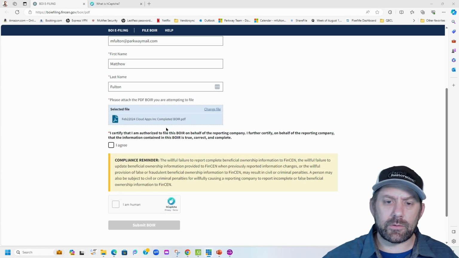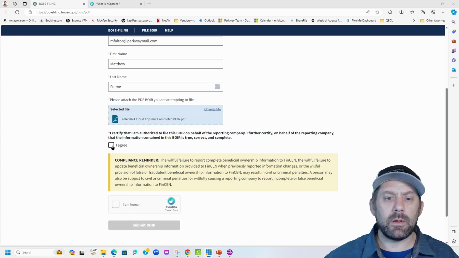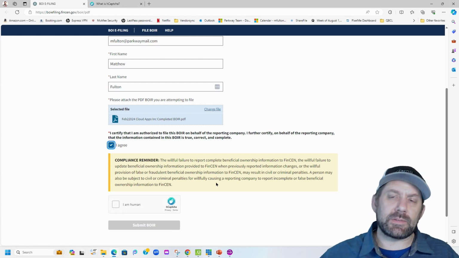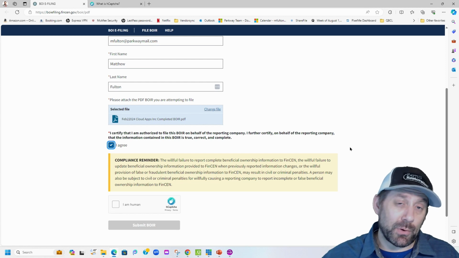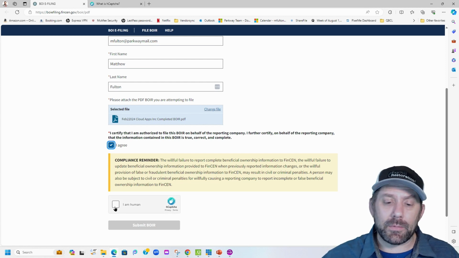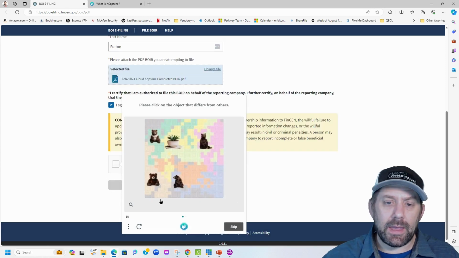Okay, so I took out the special characters. It now looks good there. Click I agree. And the last thing, compliance-wise, it's basically telling you, look, if you're purposely putting bad information, it's not going to turn out good for you. Don't do it. I'm going to click on the I am a human,